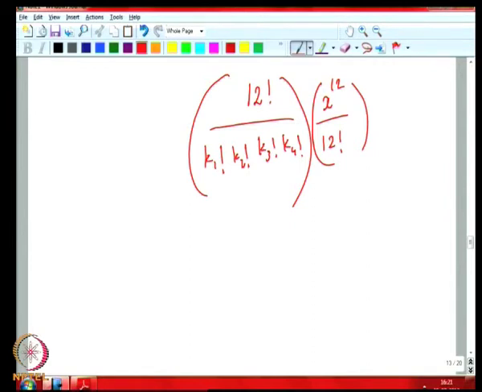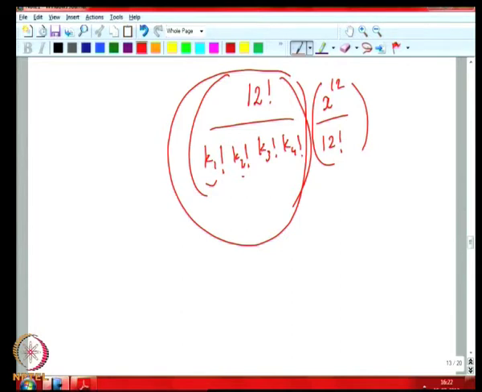So now all possible splittings of 12 into white, red, blue and black flags will correspond to some k1, k2, k3, k4, coming from each different term, and every time we will get the number of permutations as the contribution to the coefficient of x raised to 12 by 12 factorial. And then finally the sum of all these things will give the final coefficient, and clearly this is the number of signals that we can make, because the number of signals we can make is actually